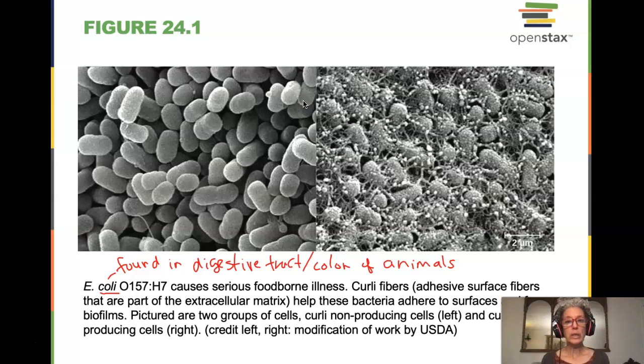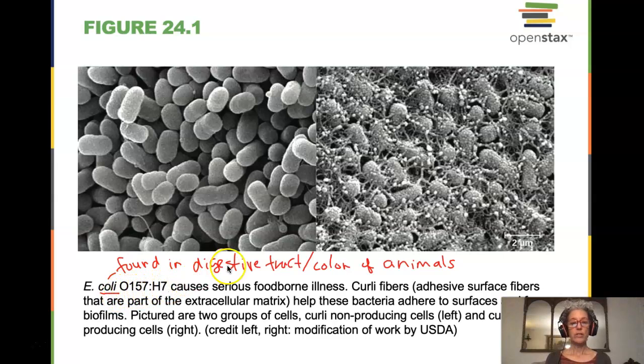These are two electron micrographs. They're showing the curly non-producing cells, so they don't look curly, and these are curly producing cells. There are adhesive fibers that the E. coli produce that help them to stick to the intestinal epithelia. And this E. coli